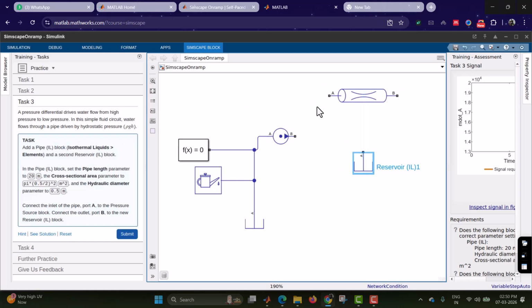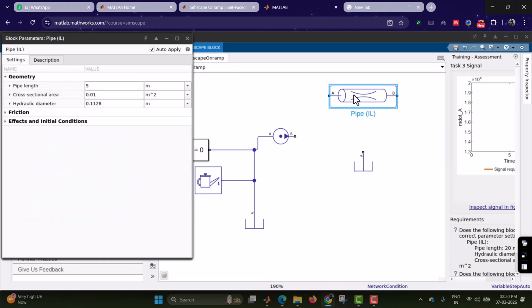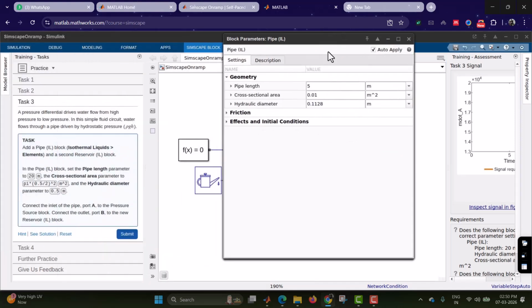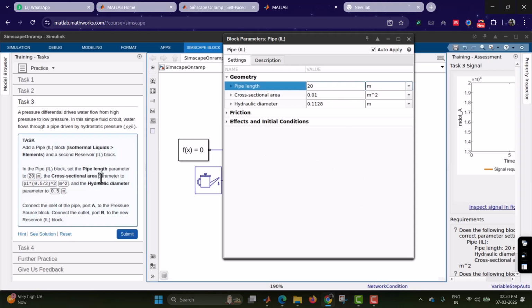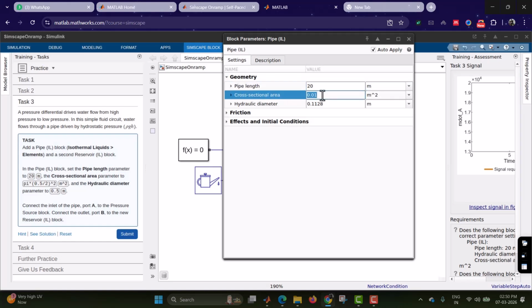And then in the pipe IL, you have to set the pipe length. Just open the pipe where you have to set the pipe length as 20 meter. So instead of the existing value, you have to set it as 20 meter. And then the cross sectional area, here you have to set meter squared by default, pi, and then asterisk